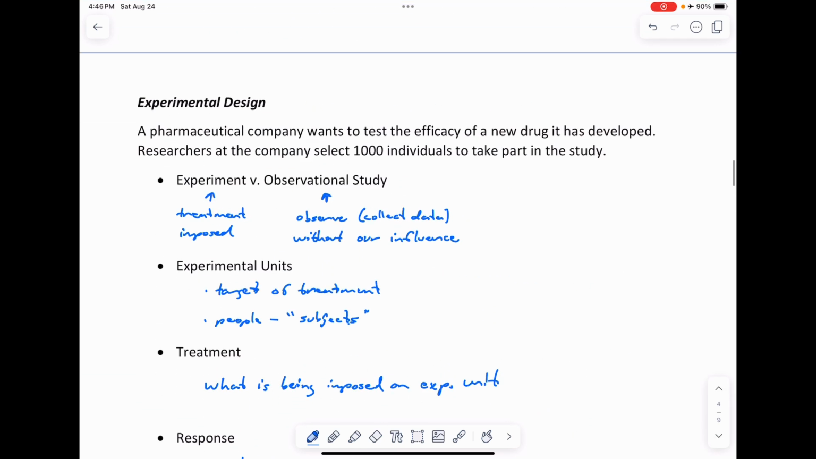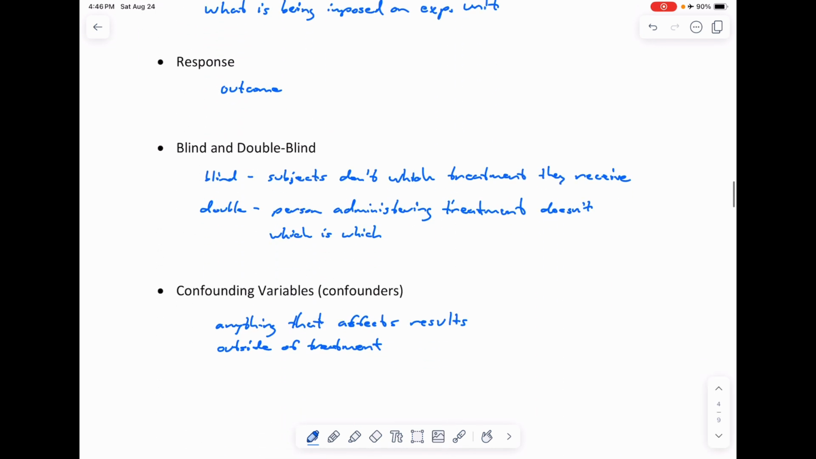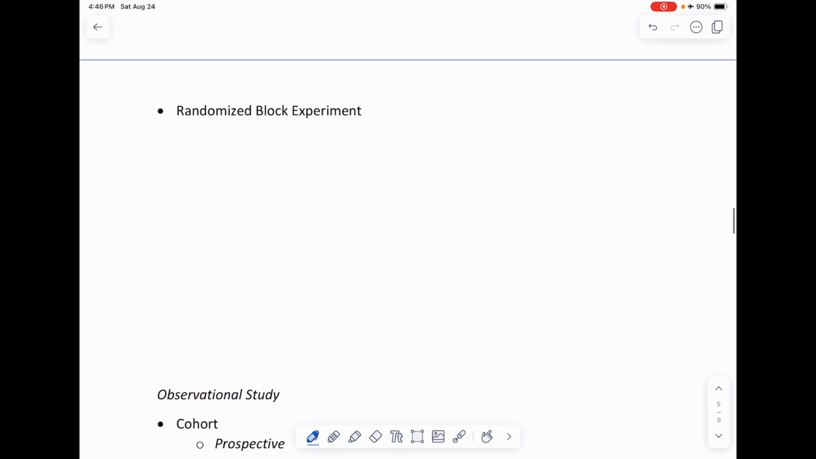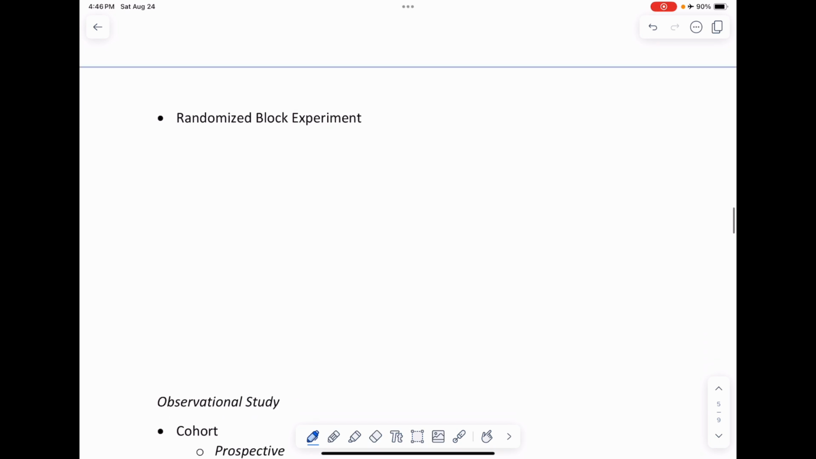So we've got this pharmaceutical company. They want to test a drug. They want to know if it's effective or not, and they're going to select 1,000 individuals to take part in this study. So we're going to talk about really just one way, and then I'll mention another way that you could do this. Basically what we do is we're going to take those